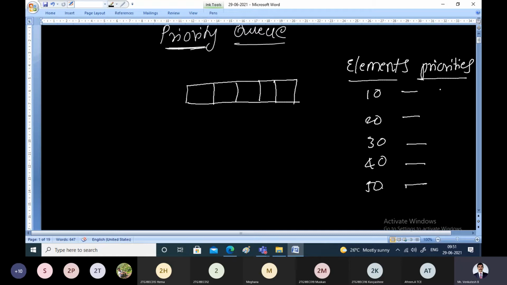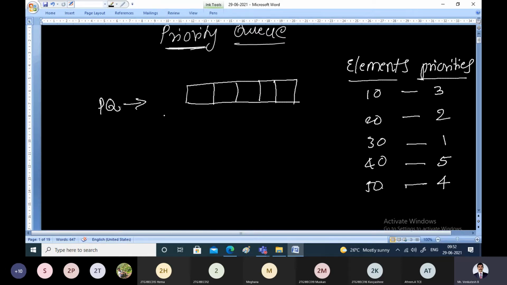The element 10 has a priority of 3, element 20 has a priority of 2, element 30 has a priority of 1, this has a priority of 5, and this has a priority of 4. Let us assume these are the priorities, and you want to insert those elements into this priority queue.